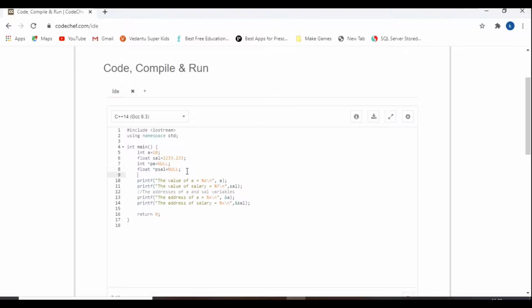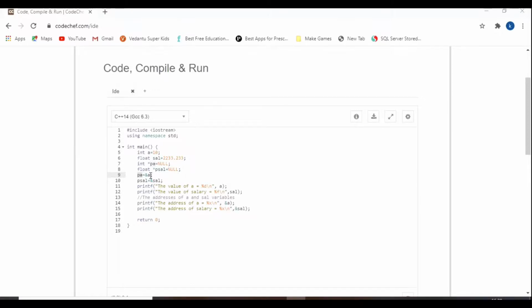Now, as I said, pa is equal to ampersand of a. And p sal is equal to ampersand of sal. So here what I am doing is assigning the address of a to pa.